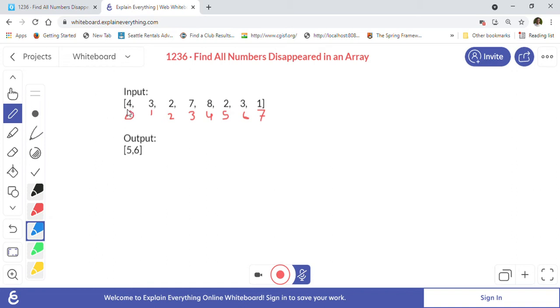So for example, we are at the first element, 4, so we have to subtract 1 because the array is 0 based. So we will go to position 3 and make it negative. So we make 7 negative now, so it becomes minus 7, right? Now we go to 3, so 3 minus 1, because the array is 0 based, that's why we subtract 1. So we will go to position 2 and make it negative. So we are just changing from 2 to minus 2, 7 to minus 7, like this.